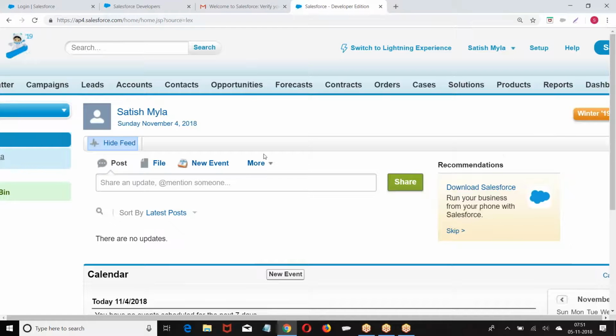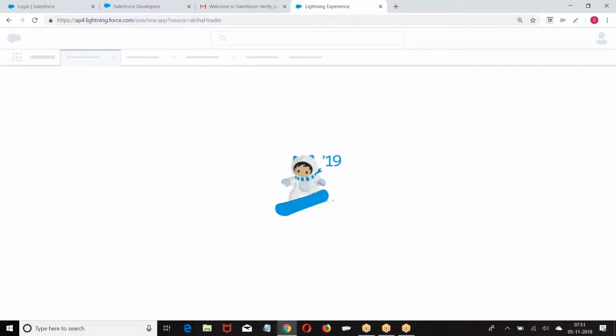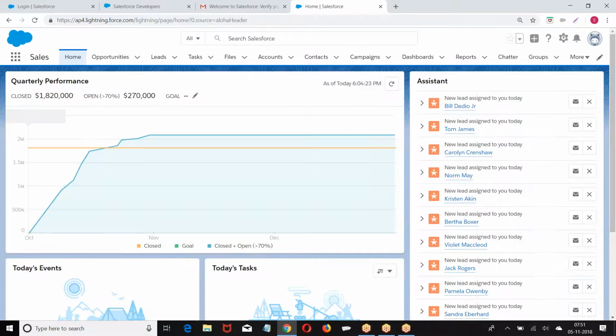Once you log into the Salesforce, what you are able to see, what elements will be there on the Salesforce. So the moment I log in, you will be able to see the screen. You get some screen like this. Now what was this?